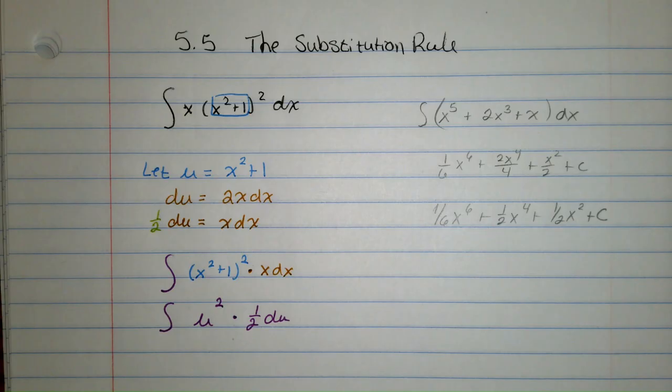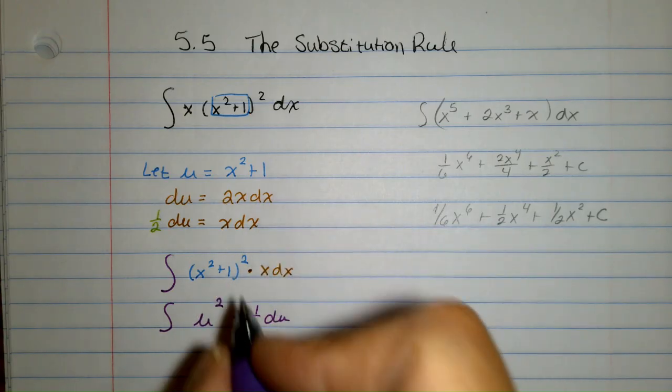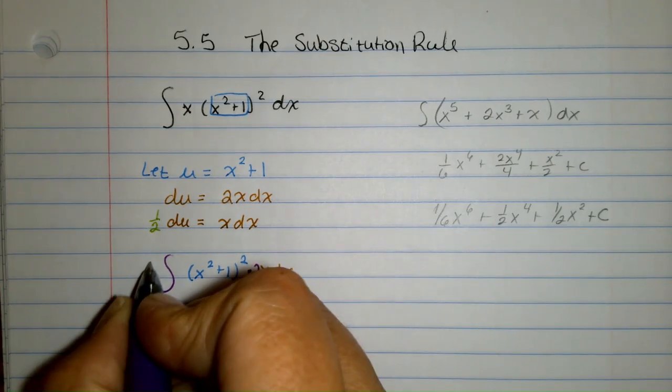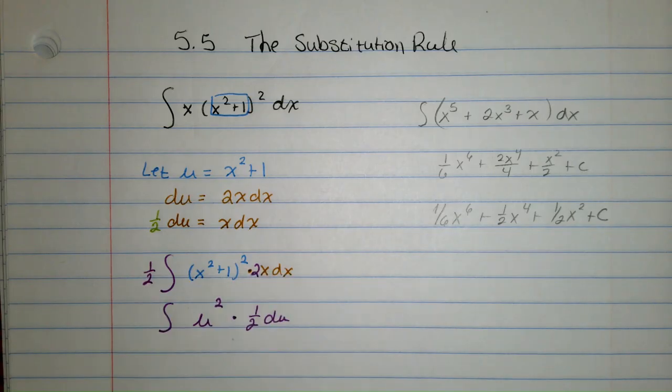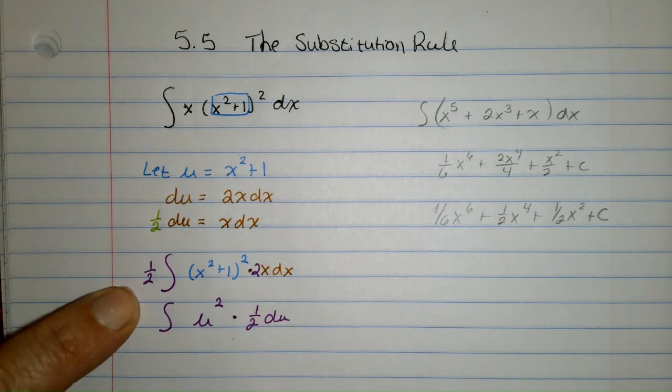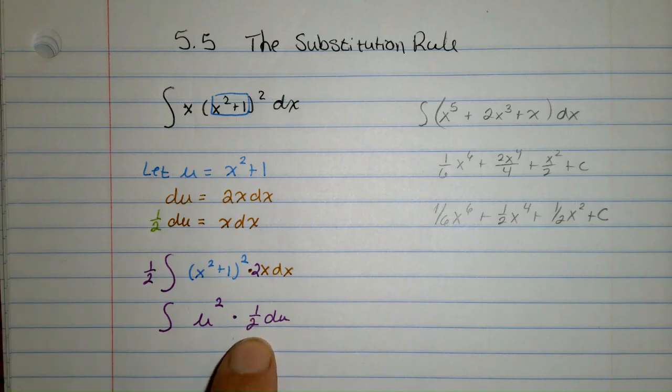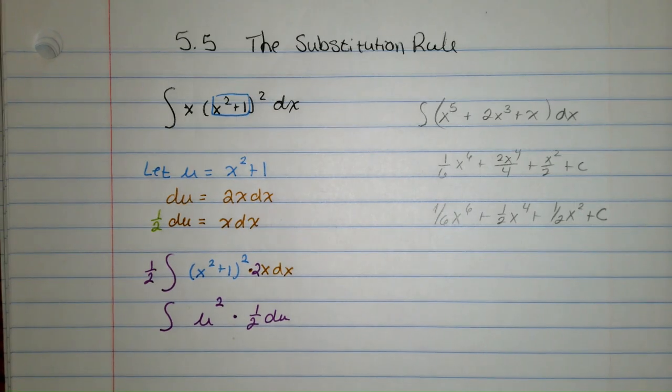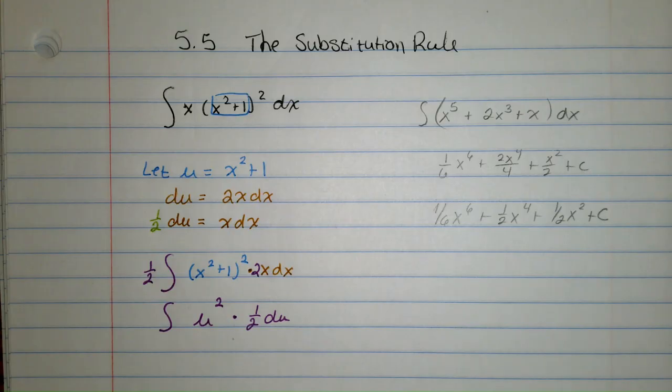Now, are there some people that say to put a times 2 times 1/2 out here because now we're technically multiplying by 1? Yes, there are people who say that. And then it does match your du perfectly and you'll have a 1/2 out front, but the way I did it, we can also pull a 1/2 out front. So do you want to do perfect substitution or do you want to multiply by 1 so that then you can do perfect substitution? It's up to you. Either way, we should be looking at